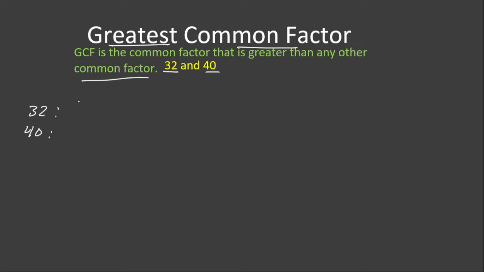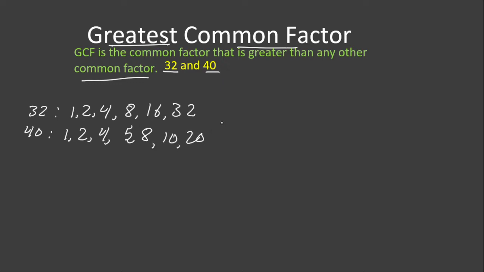The factors of 32 are 1, 2, 4, 8, 16, and 32. And the factors of 40 are 1, 2, 4, 5, 8, 10, and 20. We now identify the common factors. The common factors of these two numbers are 1,